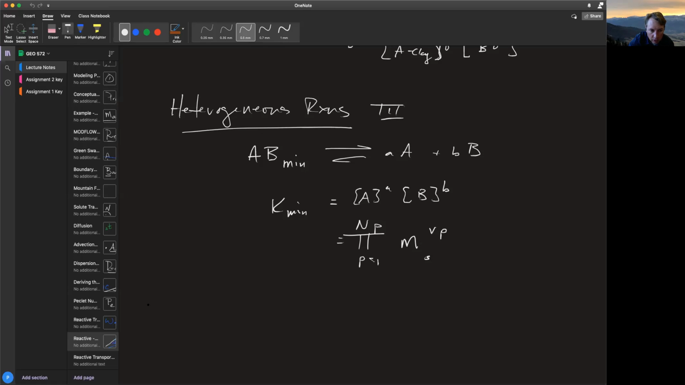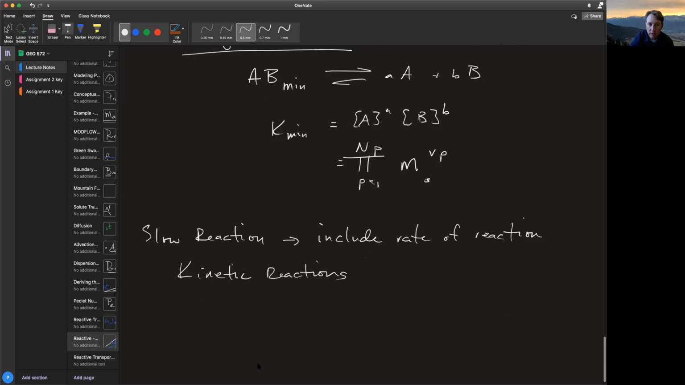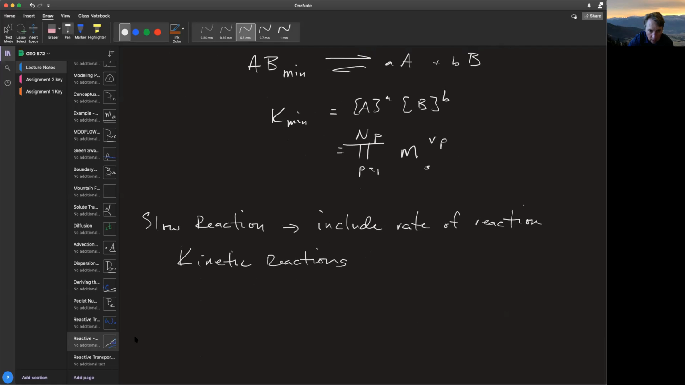All right, so slow reactions means we have to include the rate of reaction. They don't happen so fast that we consider them instantaneous. And so these are kinetic reactions. And so we can think about kinetic reactions. So a homogeneous